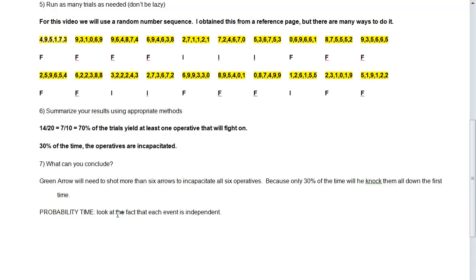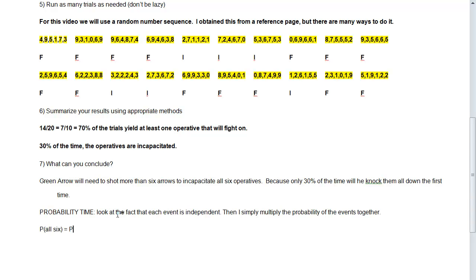If each event is independent, then I simply multiply the probability of the events together. So what this would look like is the probability of all 6 operatives going down is